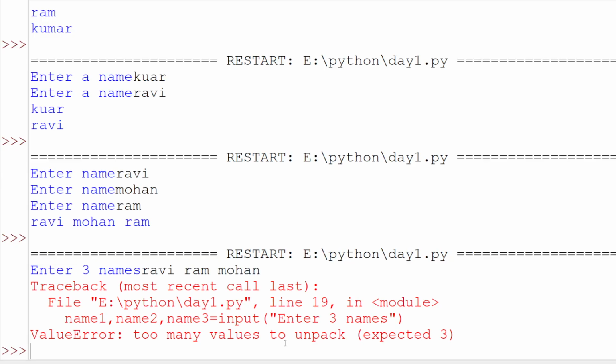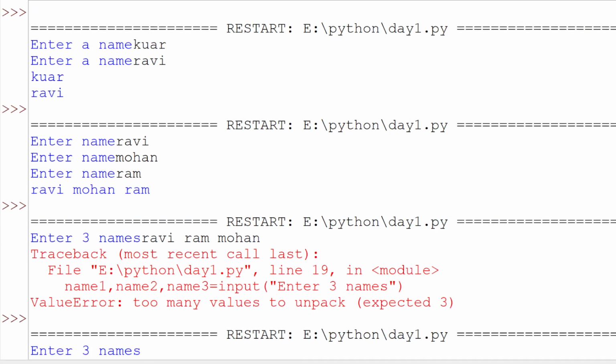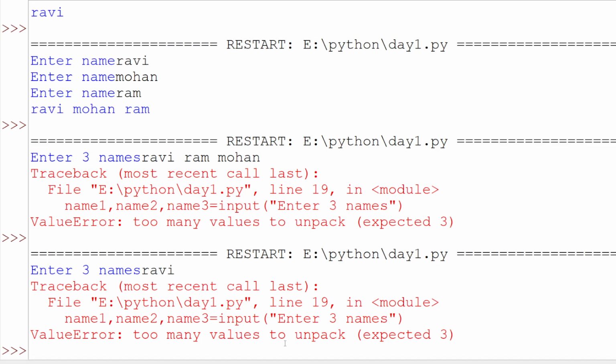This is because here input will get only one input. For example, let's compile it again. Ctrl plus F5. You may see enter three names again. If you write Ravi and press enter, see, this error happens again. Here we give input for three names, here we give input for one name. Why does this happen? Because, going back to the coding,